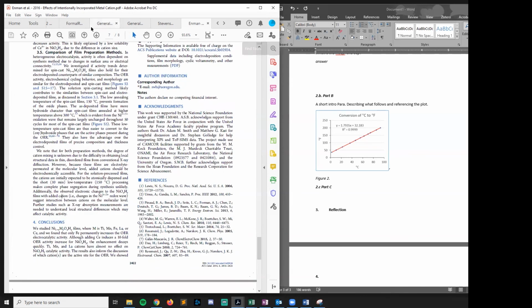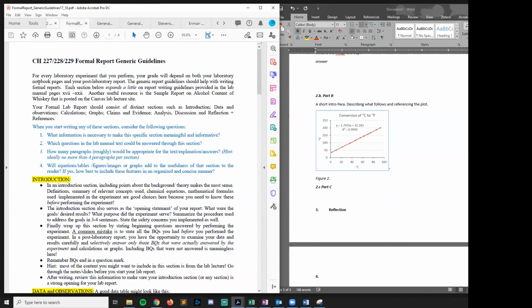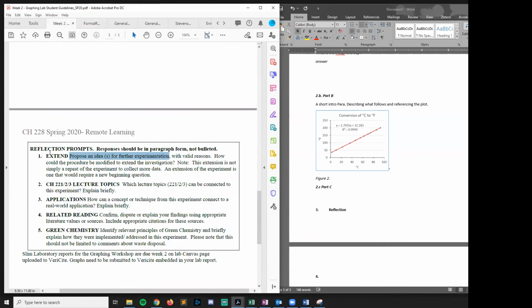I won't spend time looking for it in that particular paper, but that's kind of what this part is teaching you to do. The extend is, if this was really an experiment you did in your lab, science is never